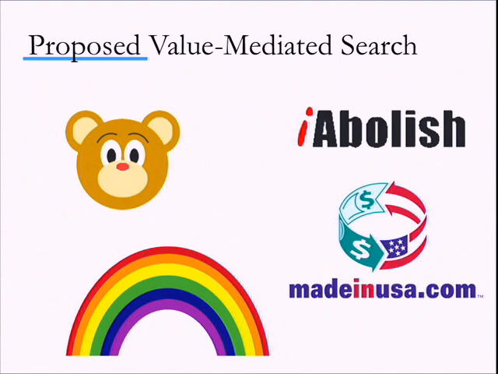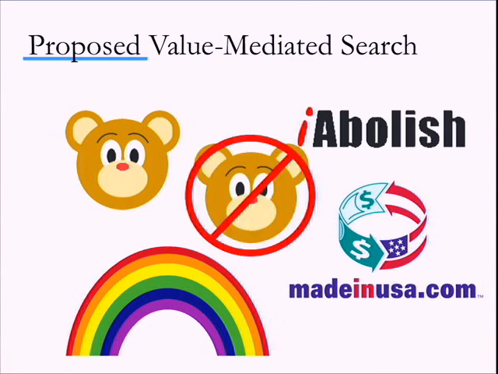So one of the reasons you don't have a lot of that value-mediated search is because even the most obvious values can be hotly contested, right? We picked iAbolish as the one to focus on because very few people will come out in favor of slave labor, right? It's easy. But there are much more complicated things like what's the definition of a family? What does it mean to be family-friendly? Most people think it means being friendly to all families and focusing on what makes a family, the child. Other people believe that family-friendly is a much more narrow thing.